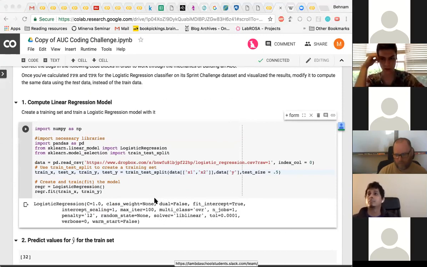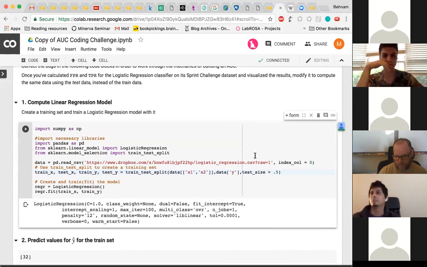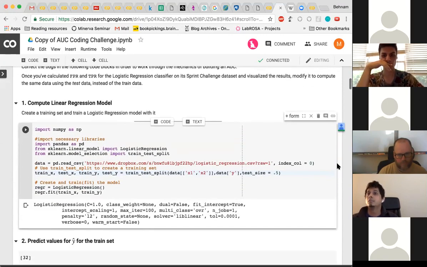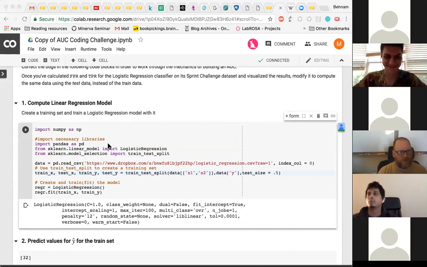I think it's 0.33 and 42. Okay. It's in the documentation of scikit-learn. I was pretty sure there was some sort of default because the code worked, but